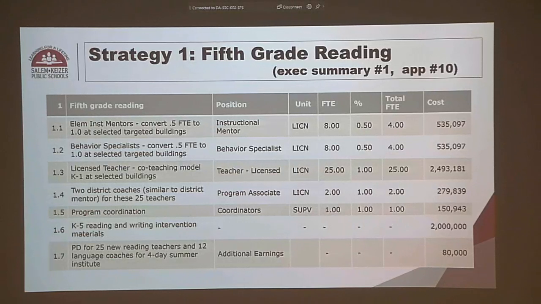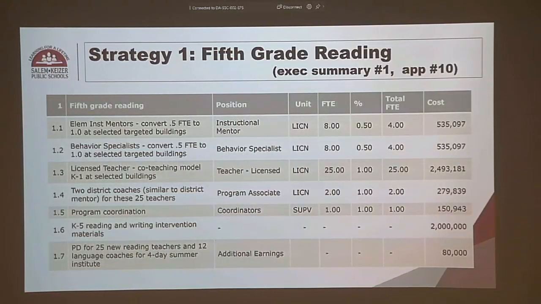And then for these, and you're going to hear this as a theme, we're going to be hiring a lot of new people in the next few weeks, hopefully, next few months for sure. So we need to provide onboarding exercises for them and quality professional development for them. So we propose for the 25 new reading teachers that we're hiring as reading specialists, they also need training on the co-teaching model, on what that looks like and how they can do that well. So we would put $80,000 aside to be able to provide a language institute and a literacy institute this summer to be able to get those teachers up and moving and ready to make a difference right away.